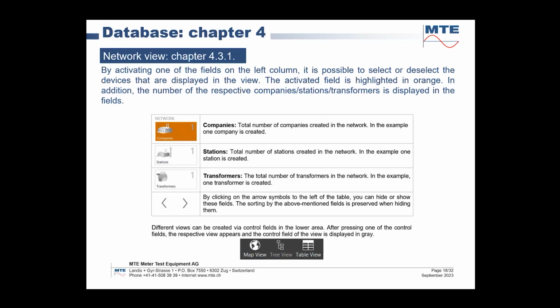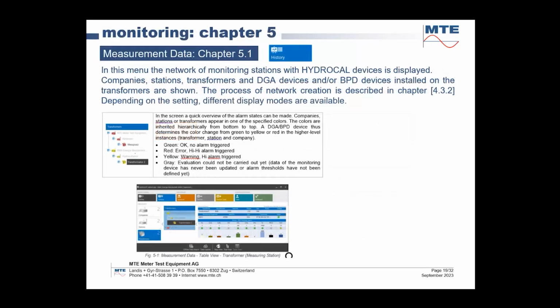On the left side, you see the company, the station, and transformer. In this example, we have only one company, one station, and one transformer. But you will see on my software, I have really much more companies, stations, and transformers. Then, as soon as you created all the administration parts, you're able to read out your unit, and you get